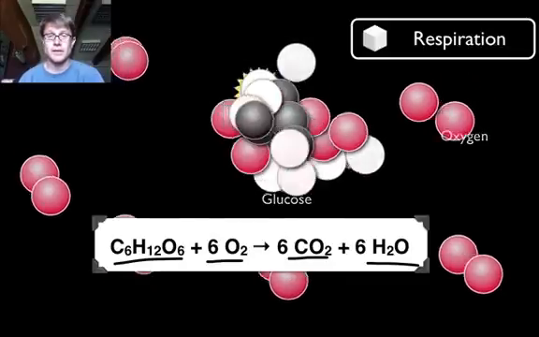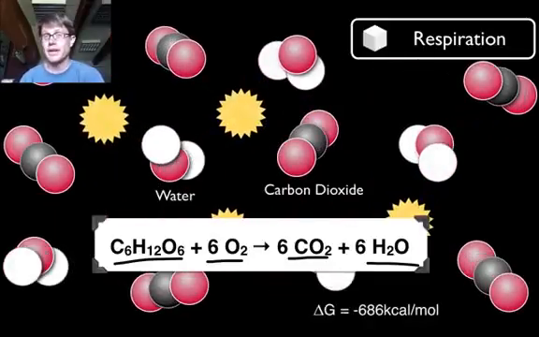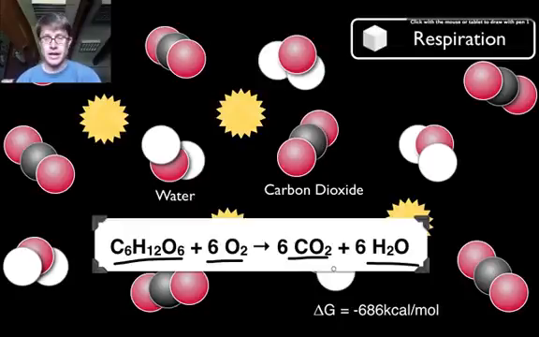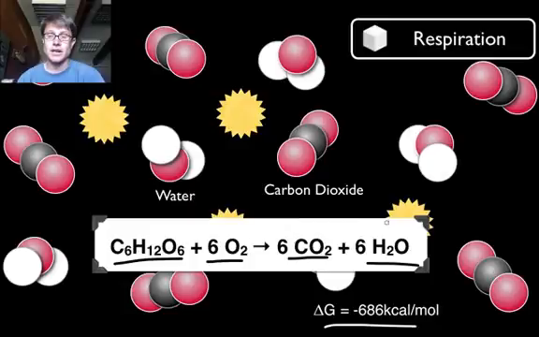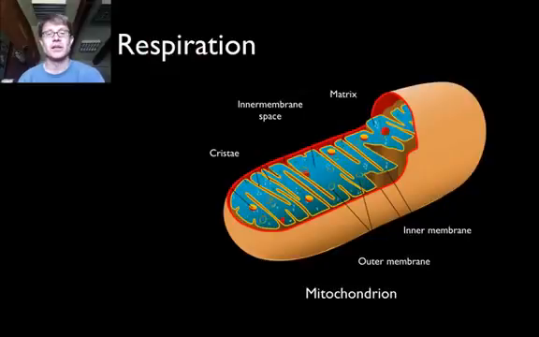So let's see what that looks like. We break down that glucose. That's an exergonic reaction. We're releasing energy. We're making carbon dioxide, we're making water, but we're mostly making energy in the form of ATP that we can use. Again, it's not as simple as this, so let's get to what respiration really looks like and where it